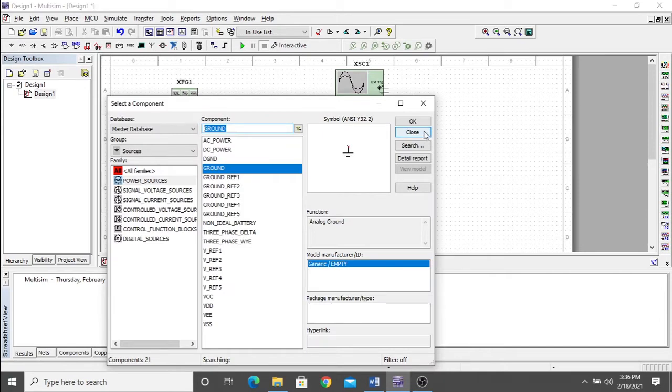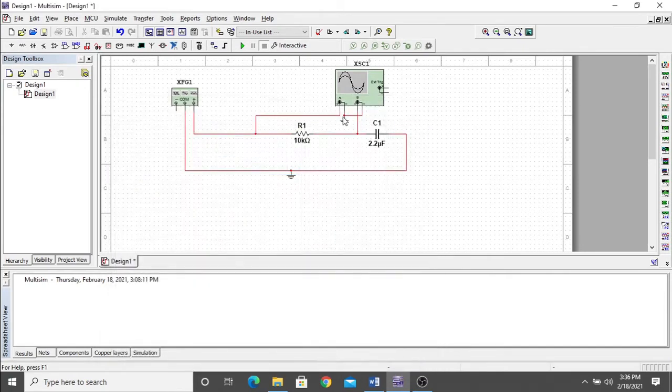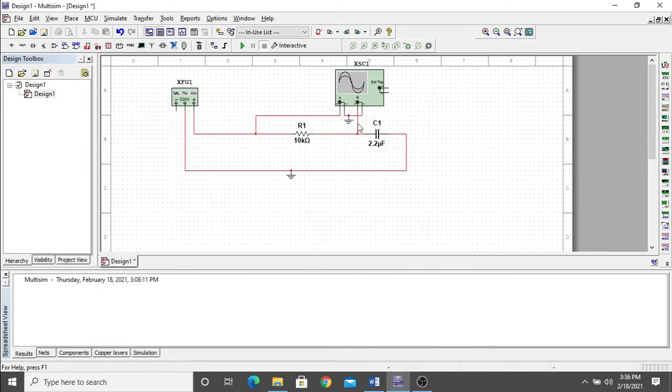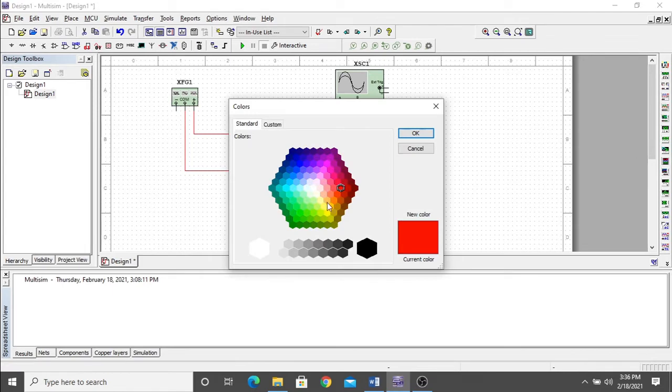We need another ground. We are going to do some changes, like we are going to change its color so we can see the waveform easily and differentiate it. So I'm going to select this color, something like this one.